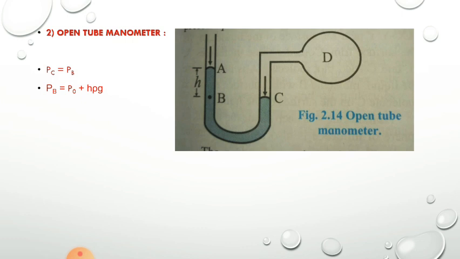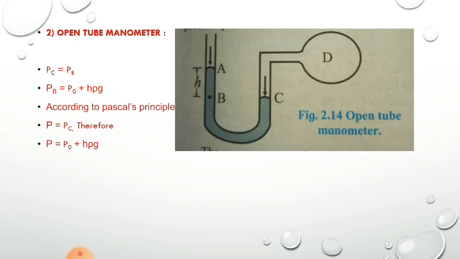According to Pascal's principle, the pressure at C is the same as that at D. So the equation now becomes P is equal to P0 plus H rho g. As the manometer measures the gauge pressure of the gas in the container D, we can write the gauge pressure in the container D as